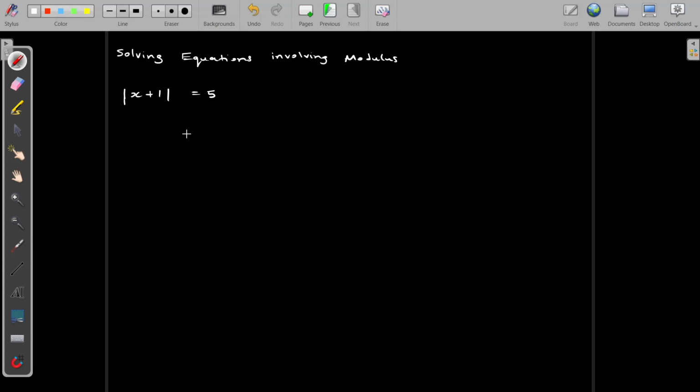Now this is going to give us two values of x. So from this we're going to get two solutions. One where we take the positive x. So this is where x plus 1 is equal to 5, and we know that x is equal to 4. The other solution would be if we say negative x